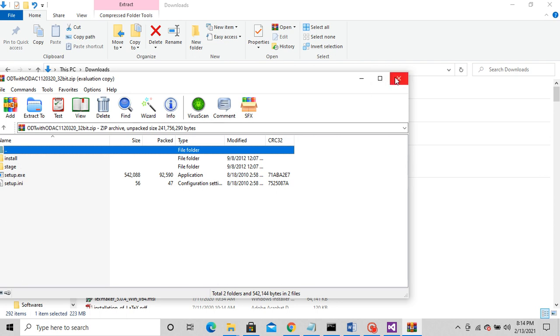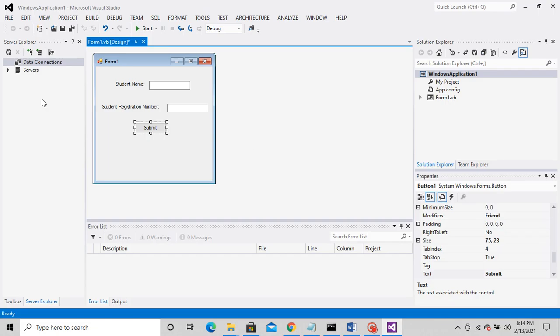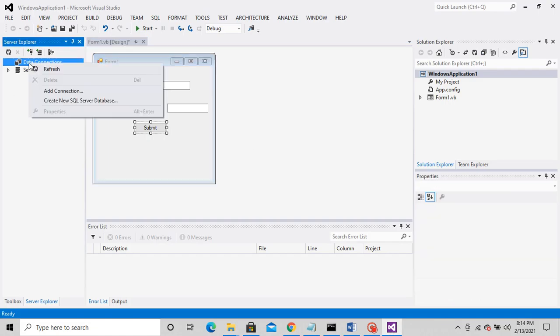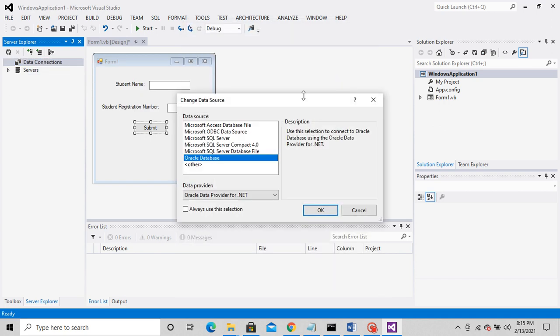And as soon as you are done with the installation part, what will happen? Now if you are clicking on data connection here, okay, if you select Oracle database, you will get the third option from here. Okay, so there were some issues as I mentioned.